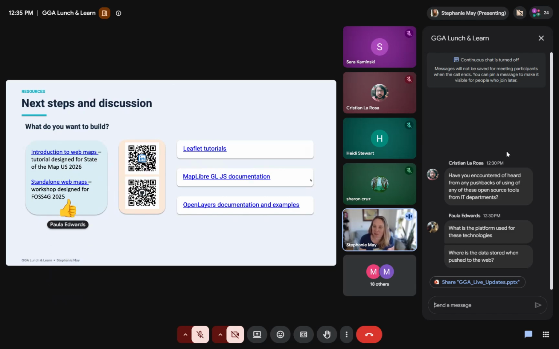Hopefully that makes sense. Thanks, Paula. Okay, great. And then where is the data stored when pushed to the web? So it depends on what your data is. I can break this down into two main buckets. Either your data is stored in a tile server, which is just a special kind of web server.